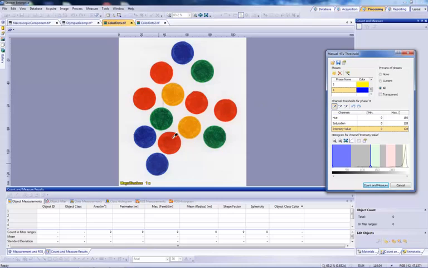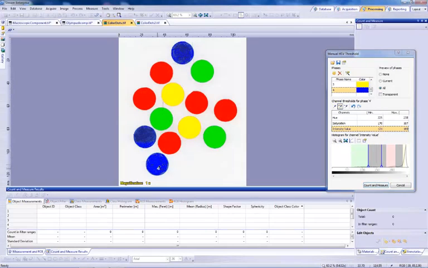We will select the blue color range. Continue marking the color range with the dropper tool. Right-click to complete. We can now see that the software has marked 4 individual phases for each of our color